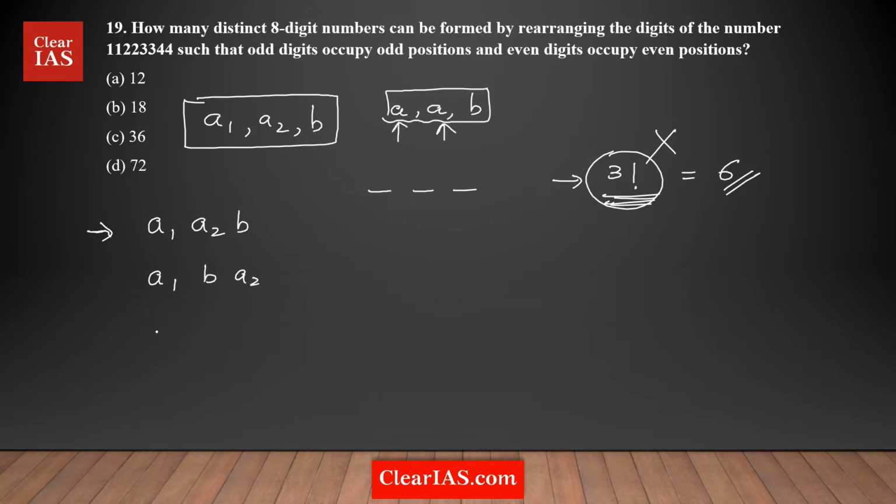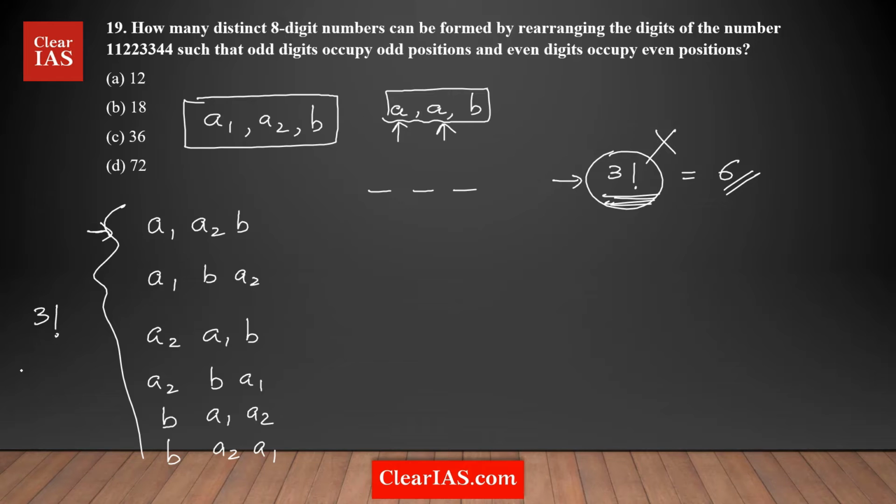Then you can start with A2. Then it could be A1, B, or it could be B, A1. I'm just writing down the different possible arrangements, right? Or it's possible that you can start with B, then comes A1, A2, or it can be B, A2, A1. See, these are the total six, or 3 factorial, or six ways you can arrange these three